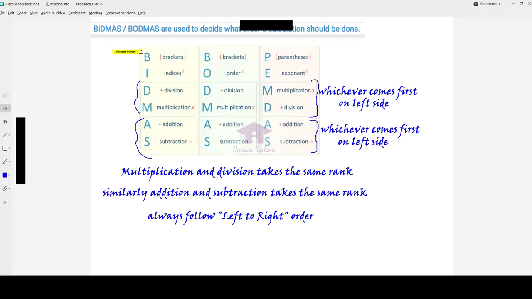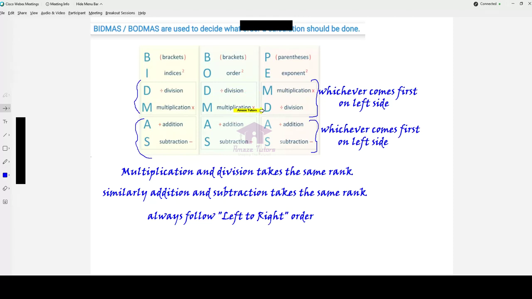So as you can see, B for brackets, P for parenthesis, both are the same. So brackets are to be done first. And I or O or E, all of them mean indices. I for indices, it is also called exponent or order. It can be second order or third order. That is called the second operation, which is indices. So you should finish the brackets first, come to indices or exponents, and next comes division and multiplication, or it